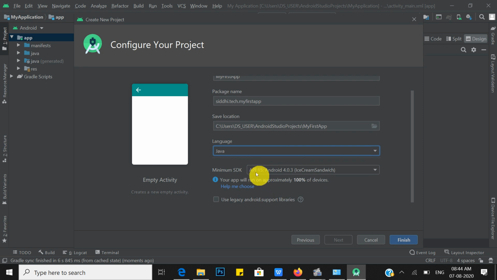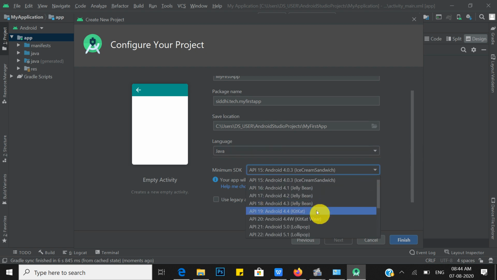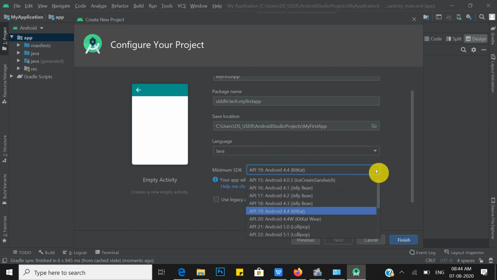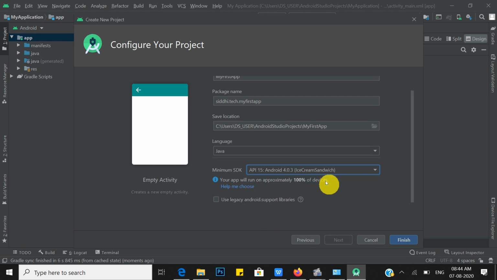It is API 15, Ice Cream Sandwich. When you choose Ice Cream Sandwich, it is supported on the maximum number of devices, 100% of devices. If you choose KitKat, then approximately 98.1% of devices will run your app. That's why I preferred Android API 15, so it is supported on all 100% of devices. Then click on the Finish button.